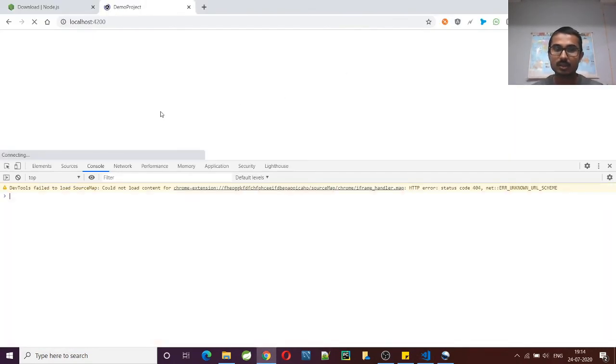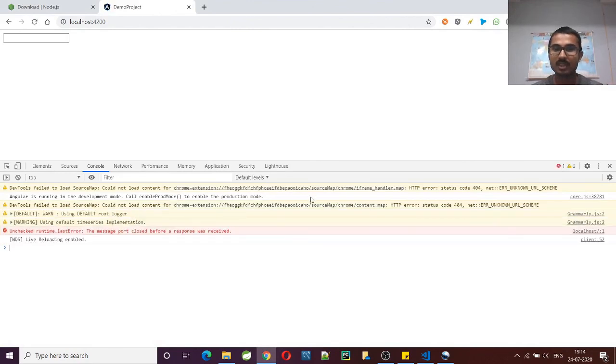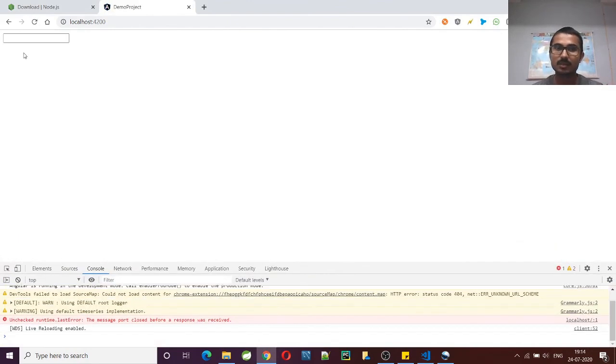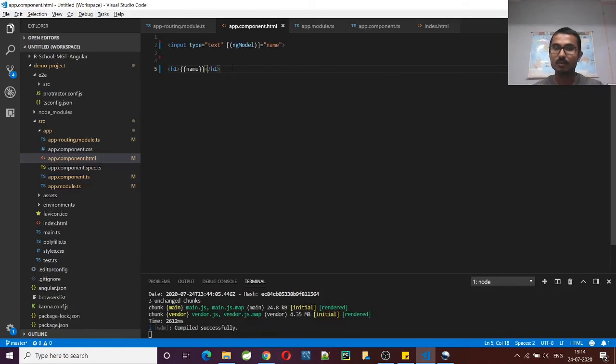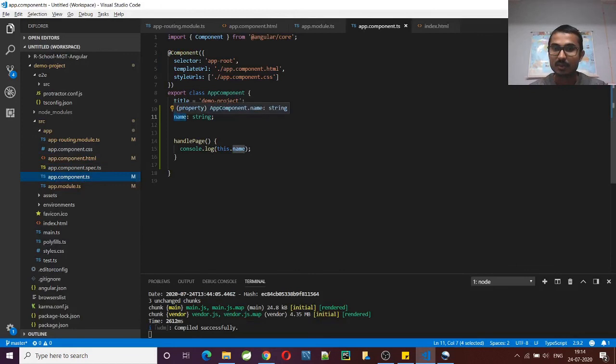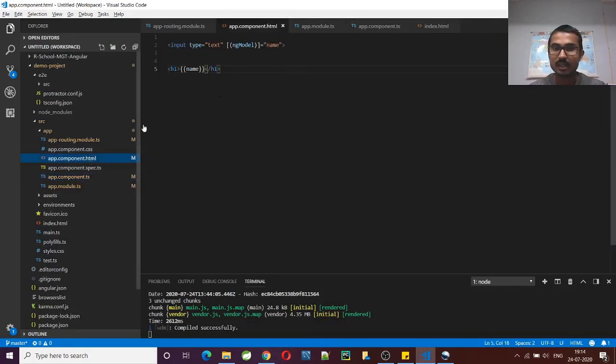Good, in the browser the error is gone, and whatever I type here will be reflected below. If I type hello, the value is flowing from view to component, and from the component the value we are reading is name. So value is going from view to controller, and from controller to view.